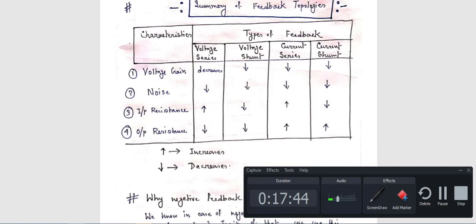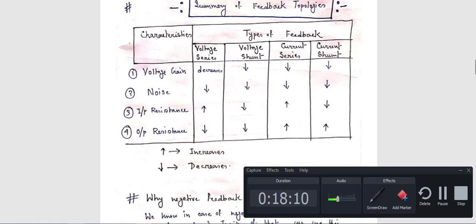But why do we use this negative feedback amplifier, although the gain is decreased? Because we all know that if the value of gain is increased, that means that circuit is much better compared to other. But here it is seen that the gain is decreased, but again we are using this negative feedback. Why? Because to judge the